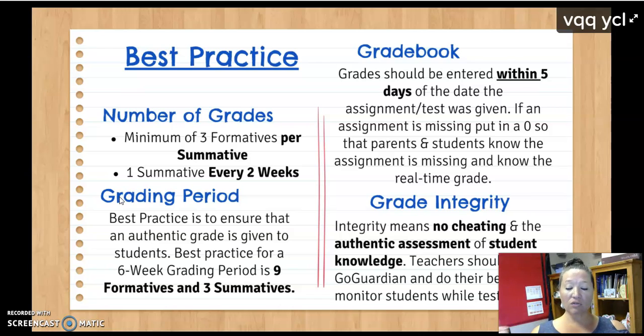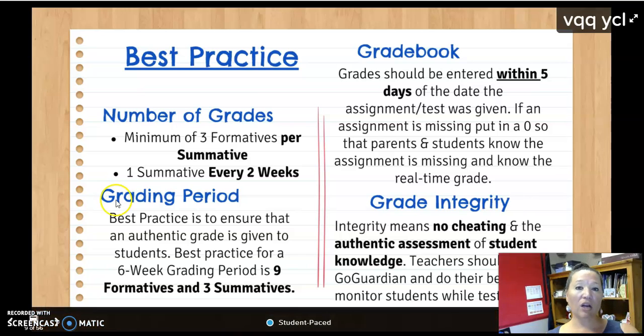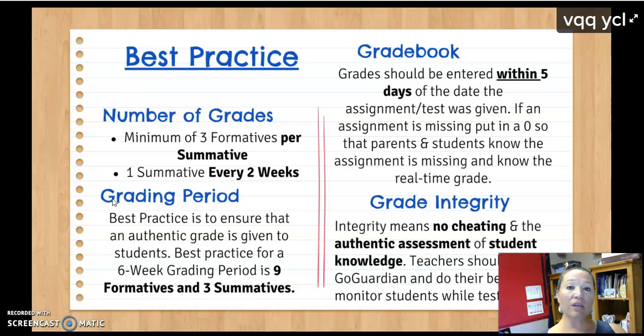So this basically gives you almost 2 weeks to teach on a unit, and then at the end of the unit giving that summative. And I realize that some of the curriculum that y'all are giving, you already have dates and a scope and sequence, and just making sure that you're following that, but you can add extra formatives in there if you need to make sure that you're getting that data that you need, and you're giving them opportunity to demonstrate learning along the way.